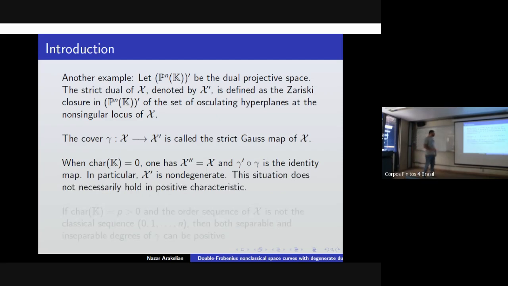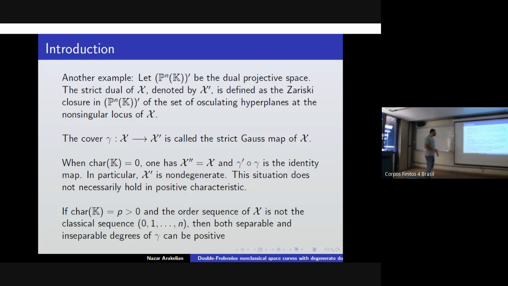And this situation sometimes doesn't happen in positive characteristics. Okay, when your curve is classical, then it's pretty much the same. But when the sequence is non-classical, it's not this one. Then both separable and inseparable degrees of the Gauss map can be positive. Okay, and so